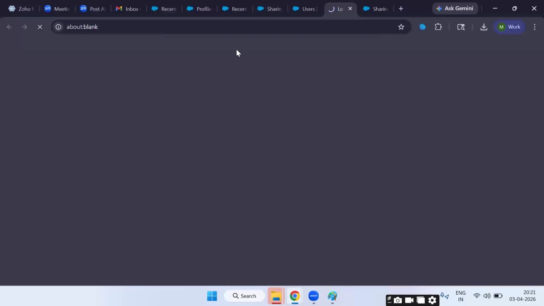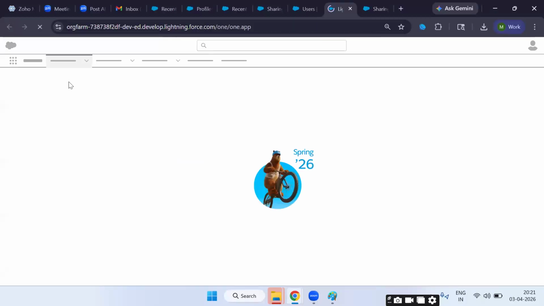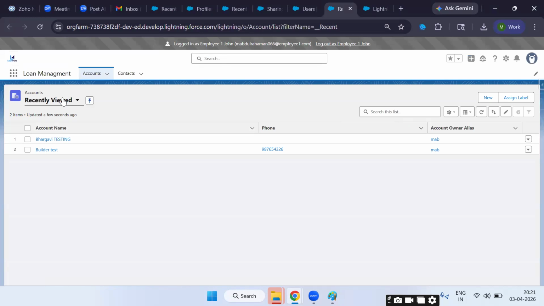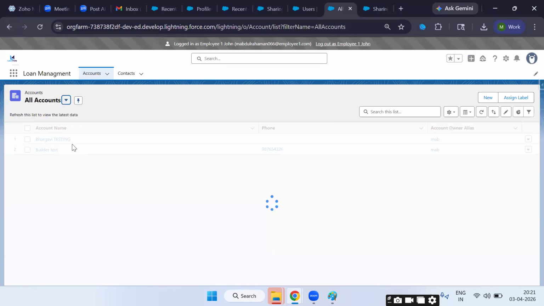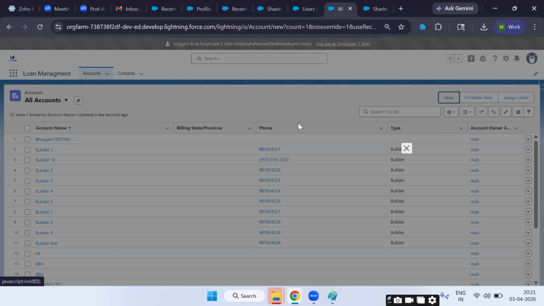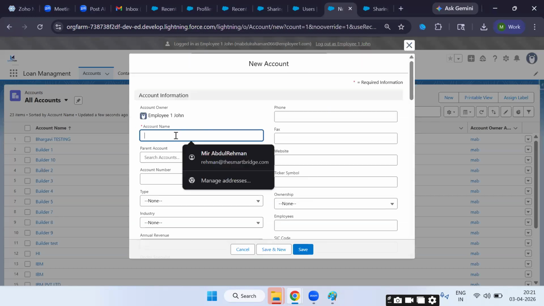Now I will log in the user one first. I will log in the user one. Then here I am able to see the account object now. Okay, now if I click all accounts, I can see all records. From here, if I create the record,